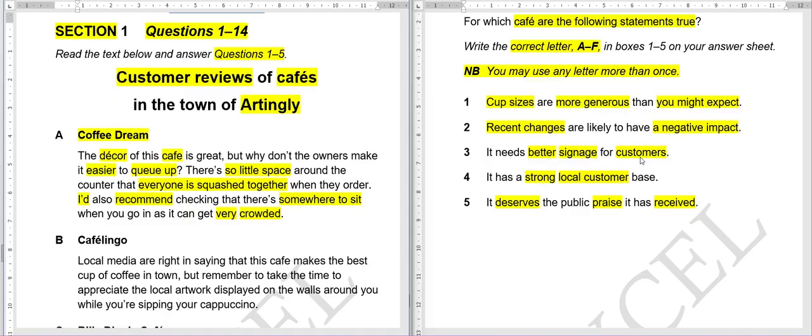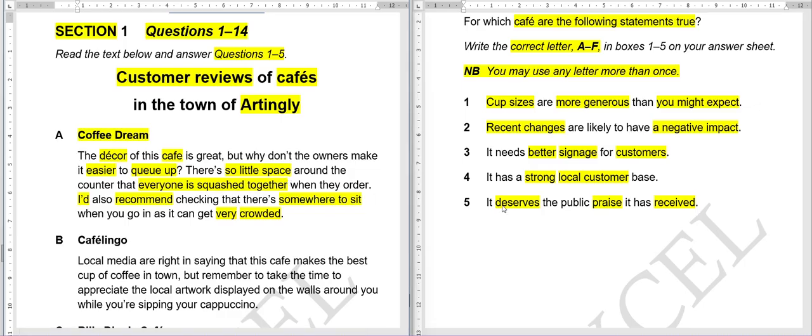It needs better signage for customers. Can this be our answer? No, it needs a better sitting area, or it needs more space, but it doesn't need better signage. There is no mention of that. So this cannot be our answer. Fourth, it has a strong local consumer base. Is there anything mentioned about this? No, they are saying the decor of this cafe is great, but there is nothing about a strong